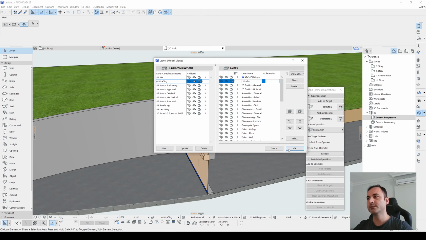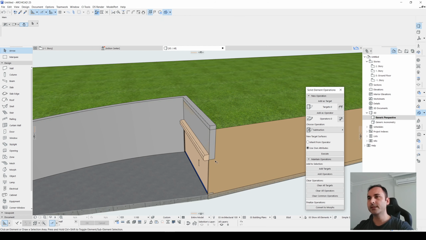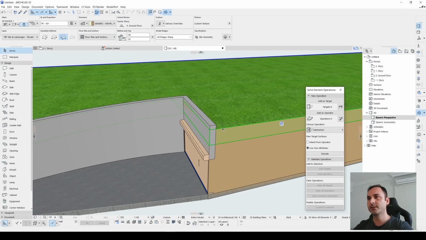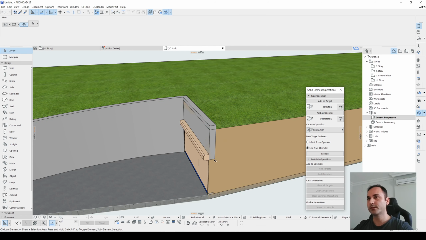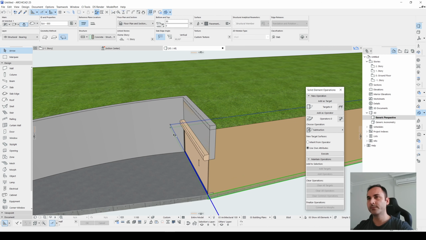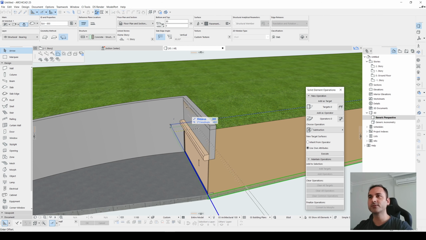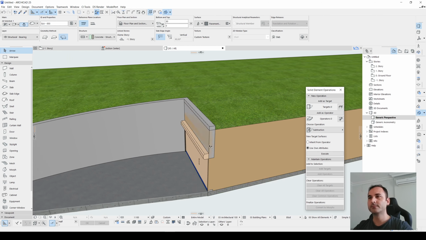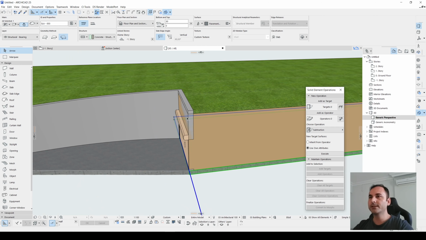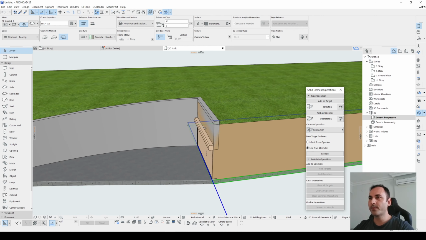Let's see our hidden layers, and let's click our cutting mesh. Yeah, this guy. Click the reference edge, click offset edge, and yeah, the position is correct, but we need to cut this wall from this mesh.